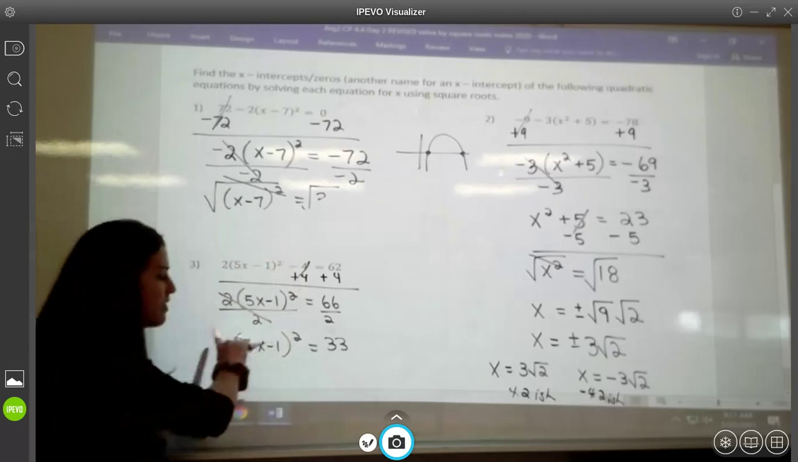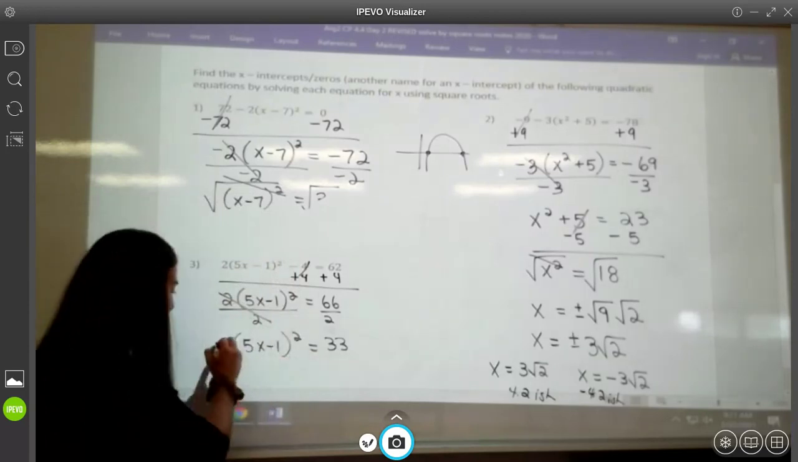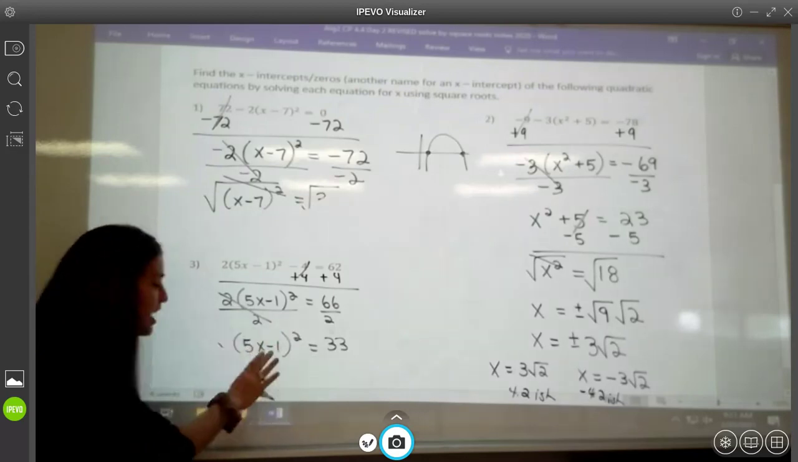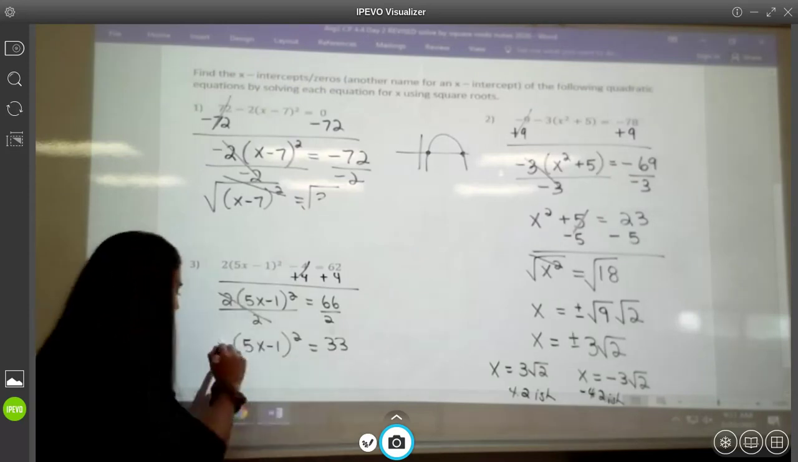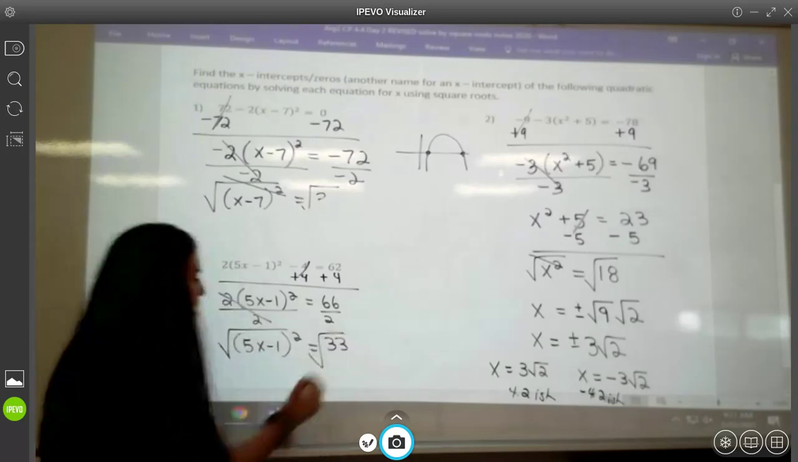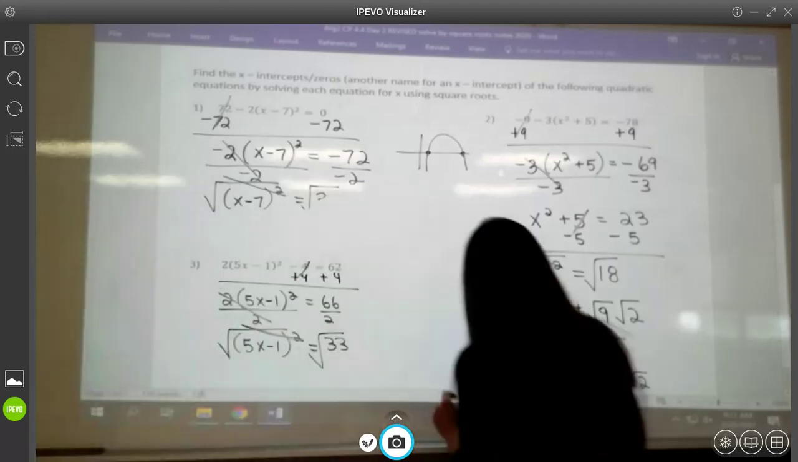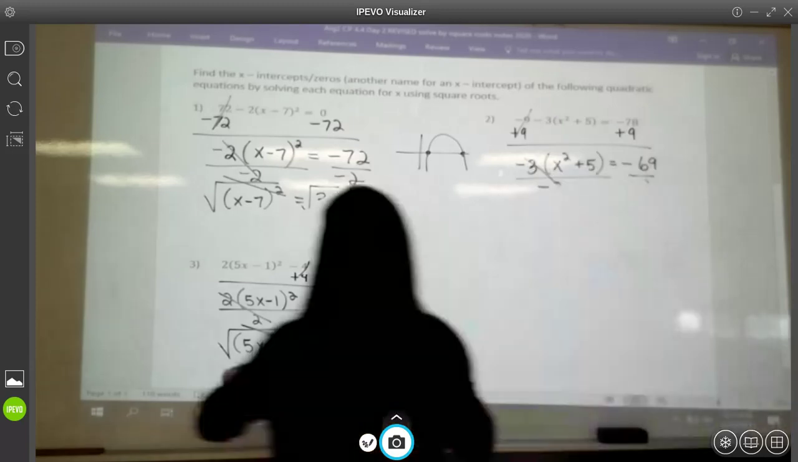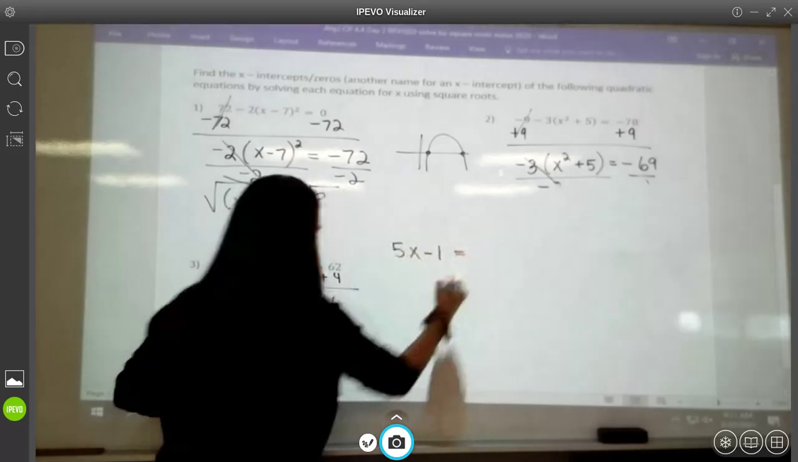All right, so now that this parenthesis is squared and alone, I can unsquare it. But if you notice, there's a lot of stuff going on in this parenthesis. That's fine. It just means we're going to have a lot of stuff left to do after we take the square root. So square root both sides. This square and that square root cancel. I'm going to come over here, give myself room. That's going to leave me with 5x minus 1 equals